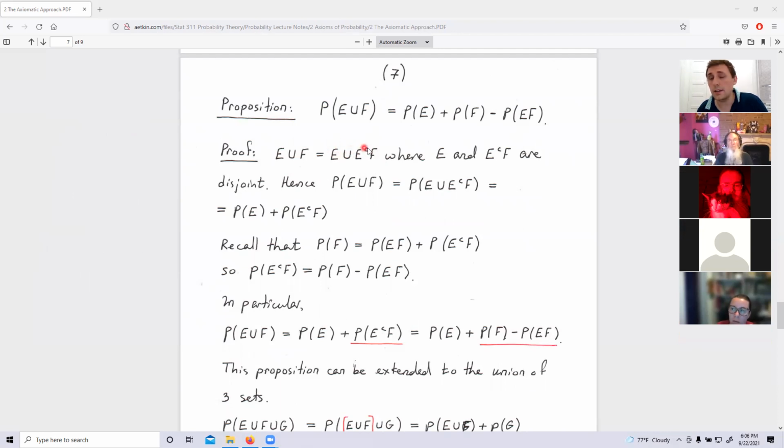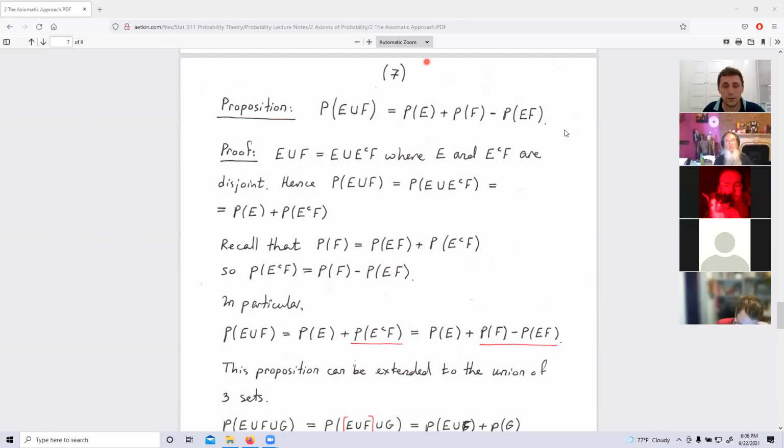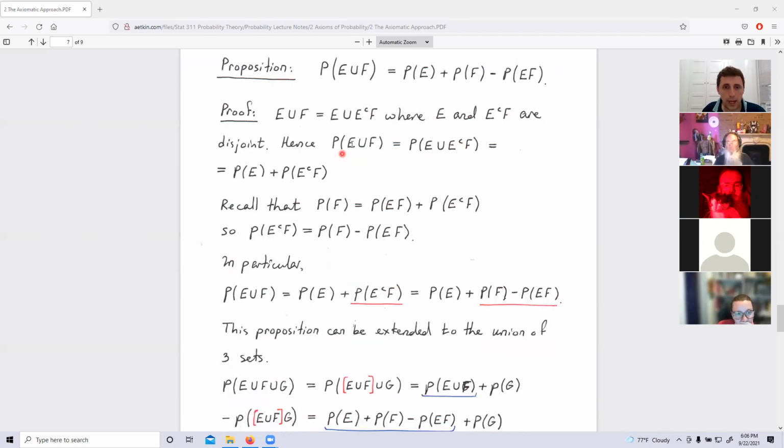It's what's in E, and then everything else that's not in E, but in F. Yes, in general, Barry, this will be called the inclusion-exclusion principle once we generalize it, right? It's going to be a very important formula. So what do we have here? We have the probability of E union F. It's the same as the probability of those events which are now disjoint, right? It's what's in E and then what's extra to E but is in F. So we can write the addition.